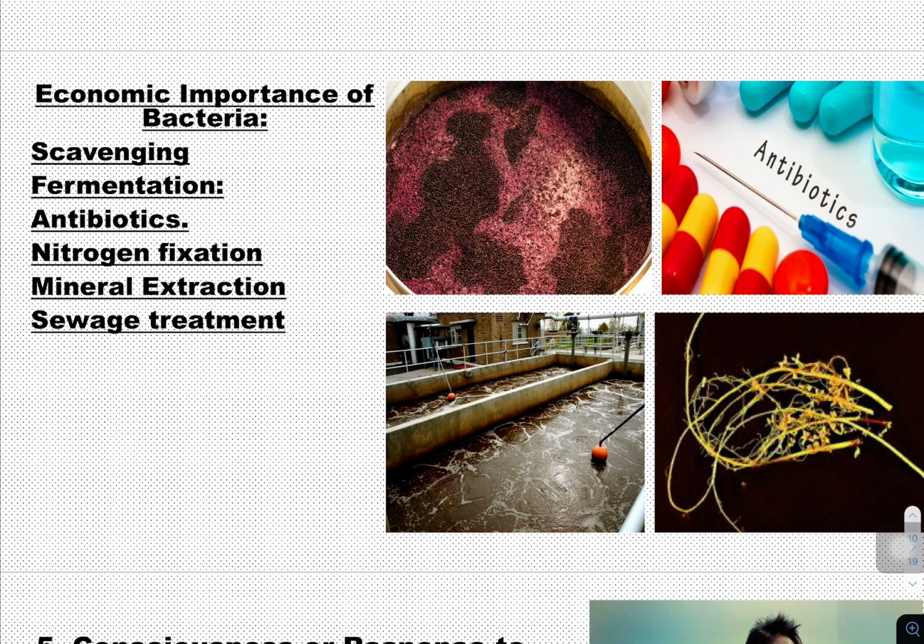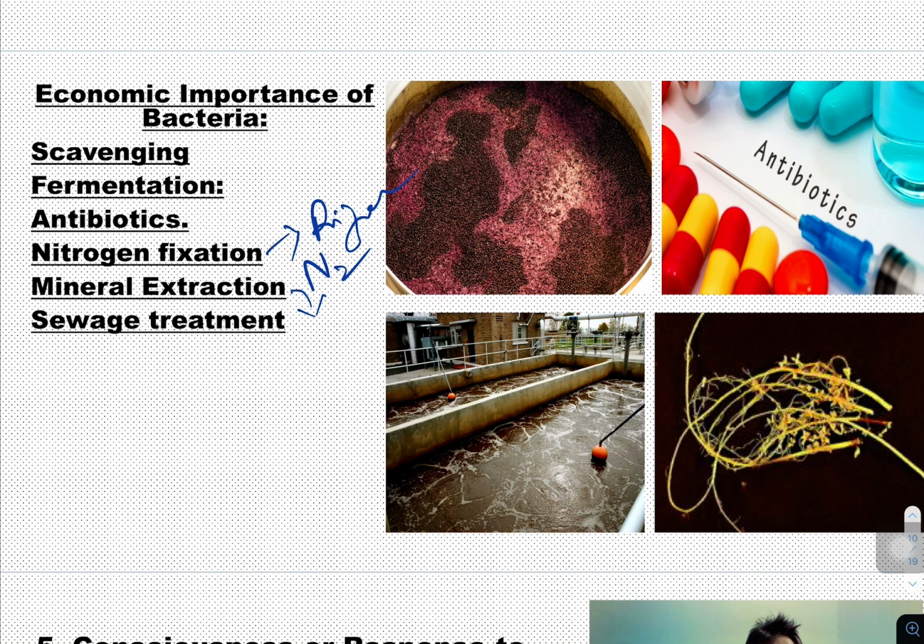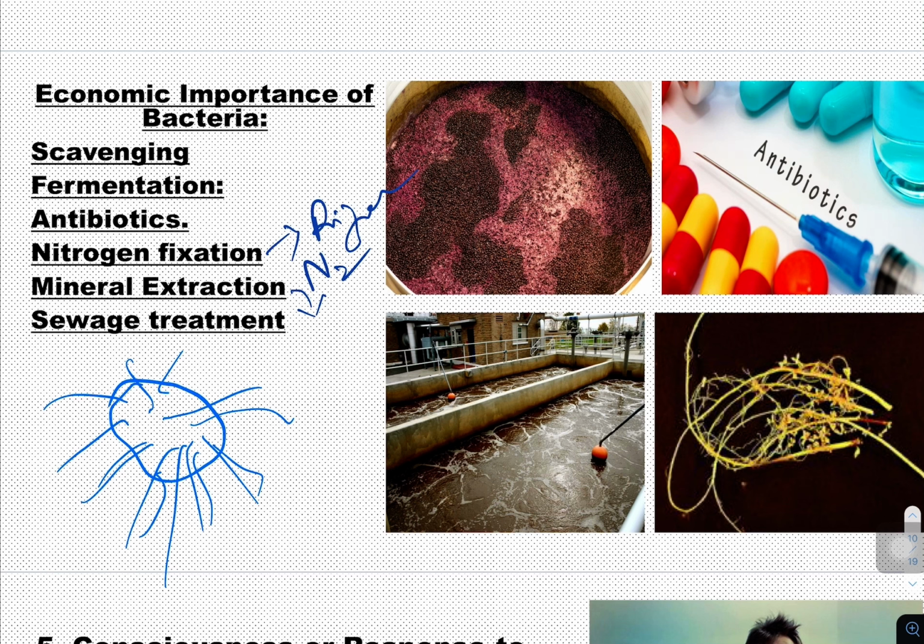Next, as I told, many Rhizobium bacteria fix atmospheric nitrogen, living within the roots of many plants. Next one is mineral extraction. How do bacteria help in mineral extraction? Say, for example, a dead organism is present; it has organic and inorganic materials. Organic materials undergo oxidation, whereas inorganic materials like iron, nickel, cobalt, magnesium and other minerals get released into the soil after decomposition. If there is no decomposition, minerals will not come out, so the soil will not get minerals. Hence mineralization is helped by bacteria.